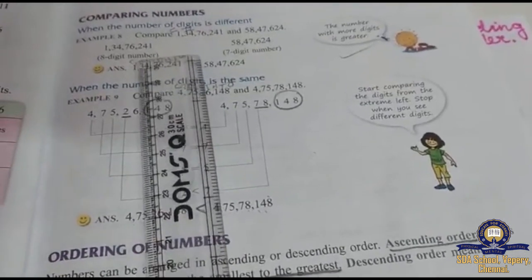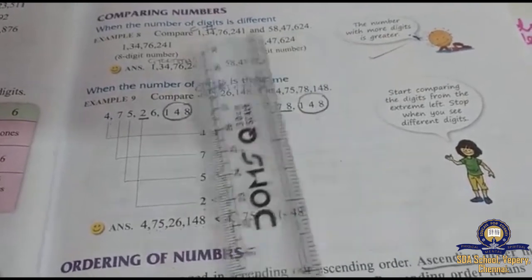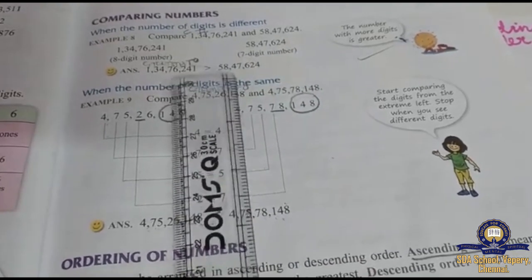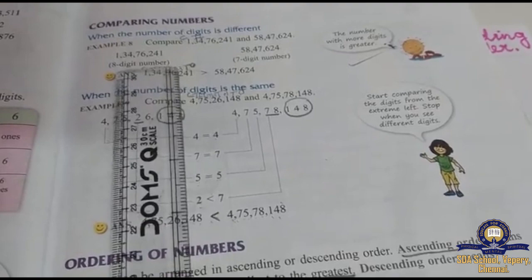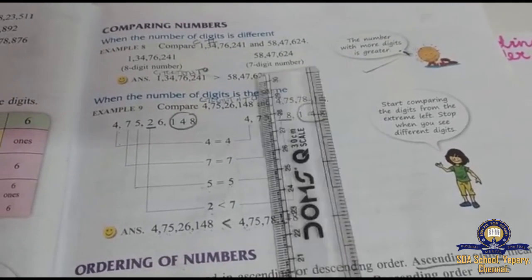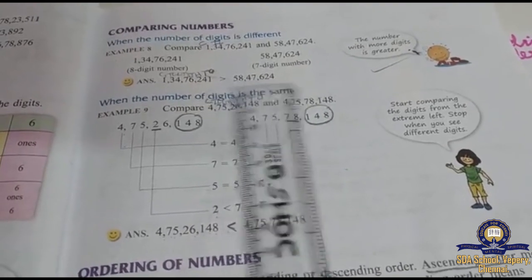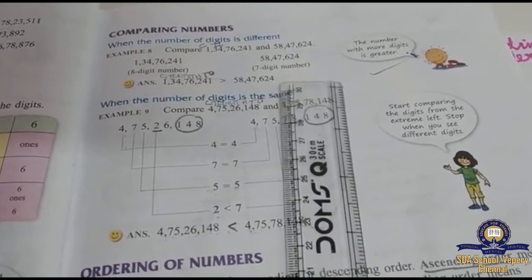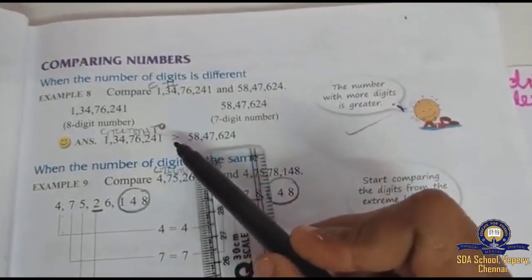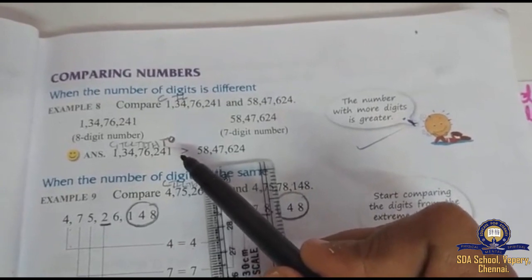See here, we have an 8 digit number, and here a 7 digit number. Which number will be greater? I'll tell you, the number which has more digits is greater. The number which has fewer digits is smaller. By the way, you should know the meaning of the greater symbol. This is the symbol for